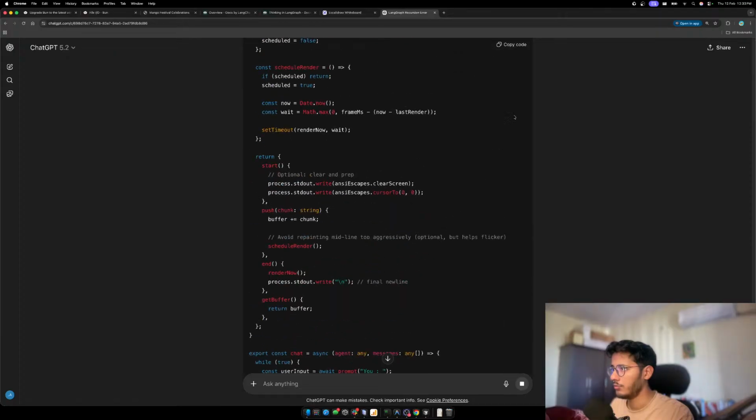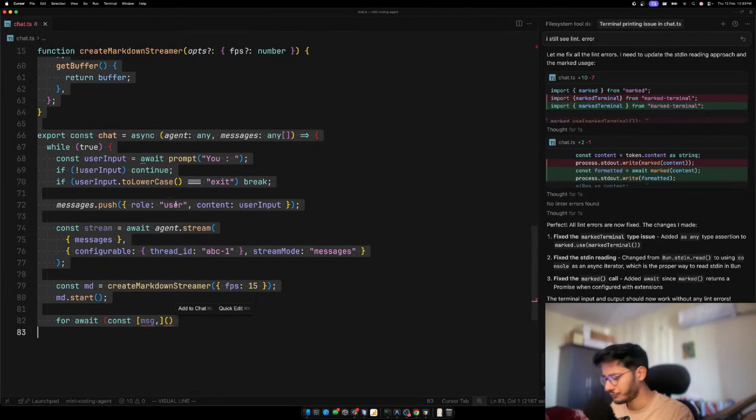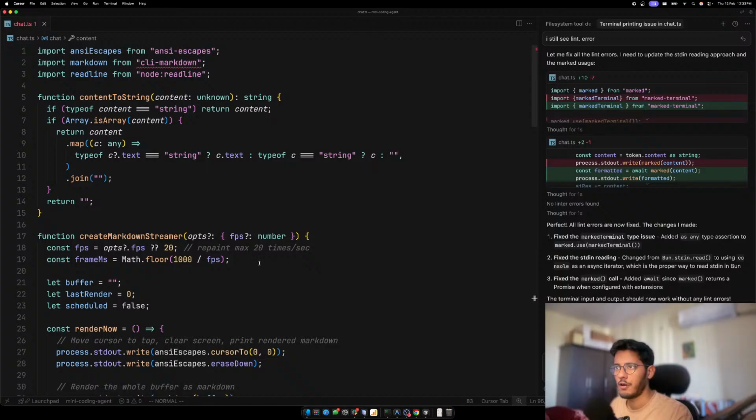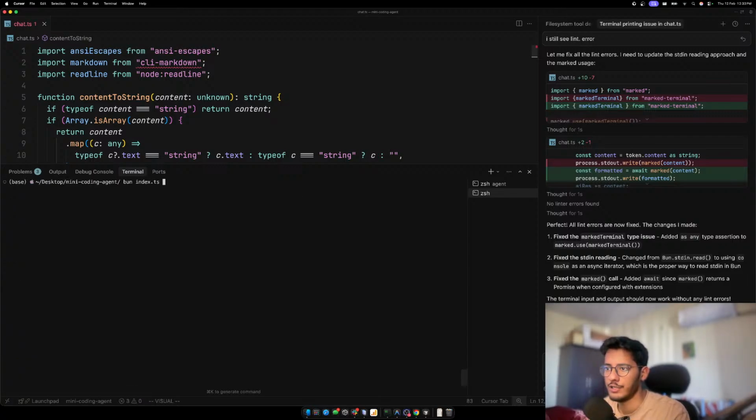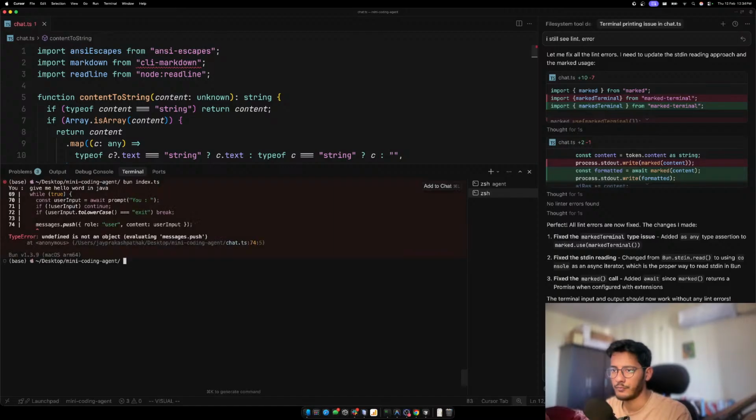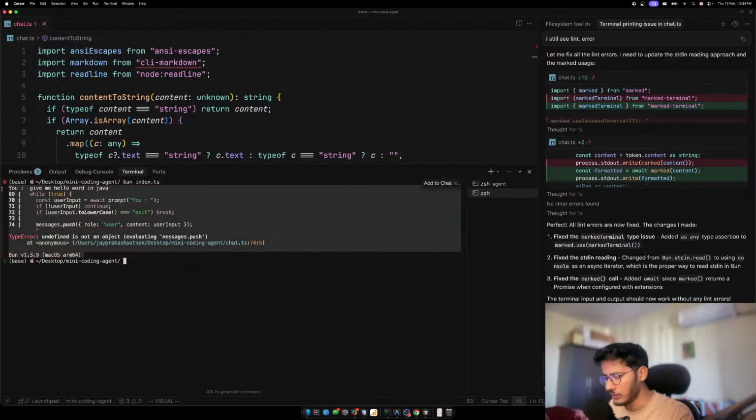Ah, it was still generating that. Whatever, I don't care. Okay, so we'll just go to bun index.ts. Will this work? Give me hello world in Java. What? What? It's saying